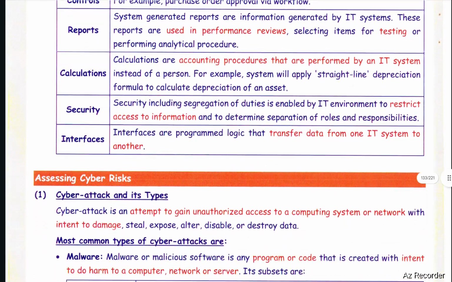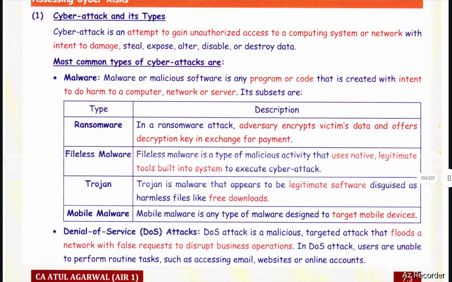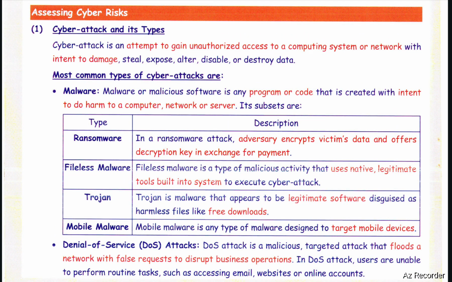Next, assessing cyber risks. Cyber attacks and its types. A cyber attack is an attempt to gain unauthorized access to a computing system or network with intent to damage, steal, expose, alter, disable, or destroy data. The most common types of cyber attacks are, first one, malware. Malware is malicious software, any program or code that is created with intent to do harm to a computer, network, or server. Its subsets are